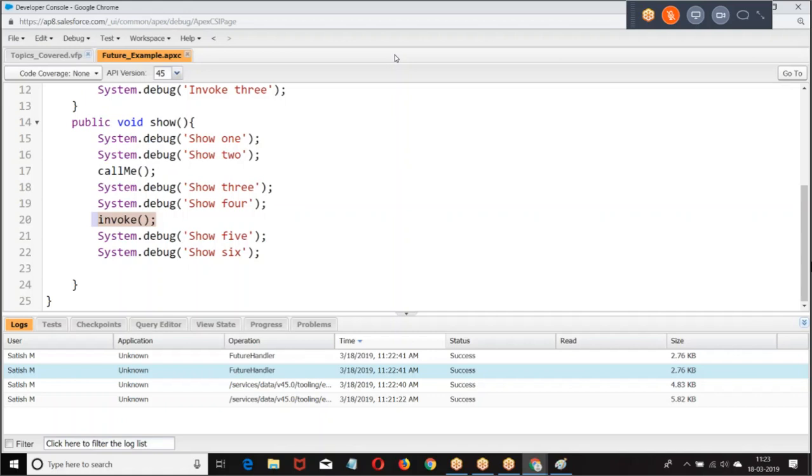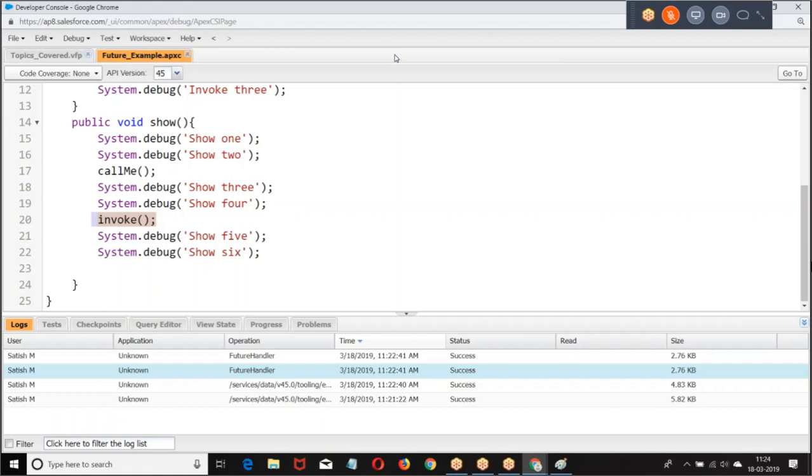The statements which are going to take longer time are executed like an asynchronous operation. So what we do is use @future.